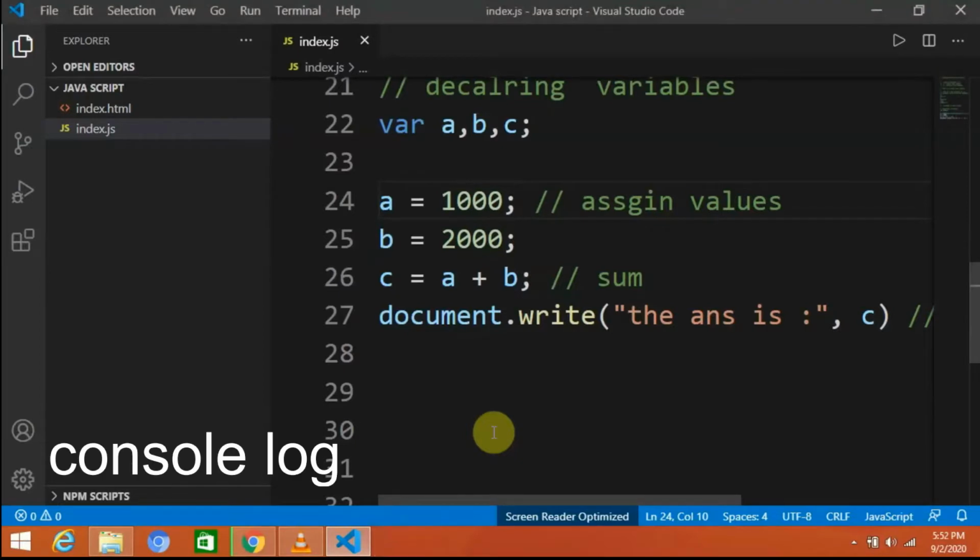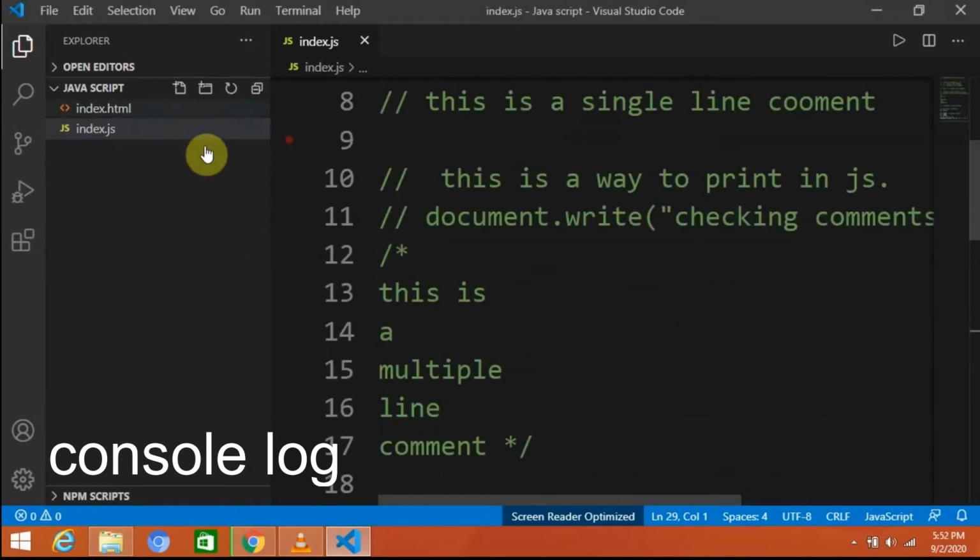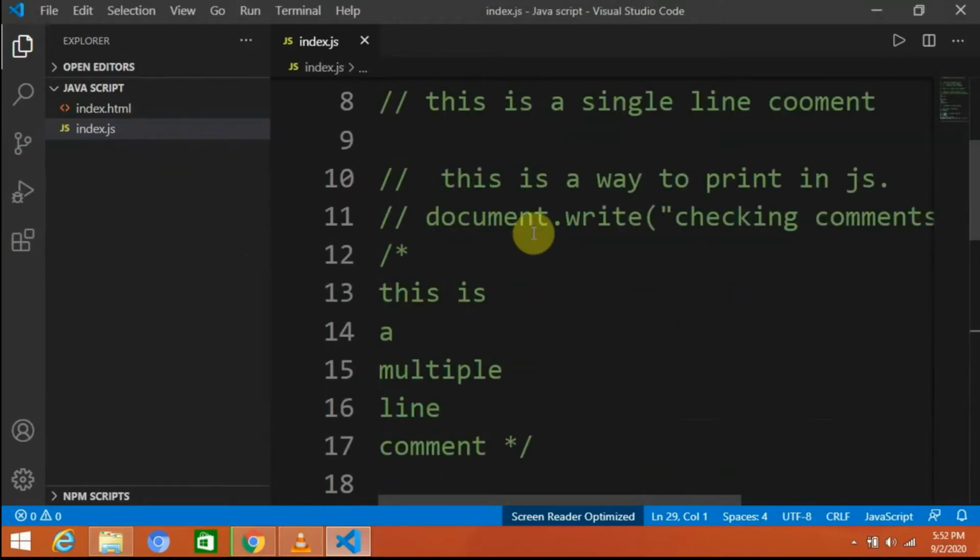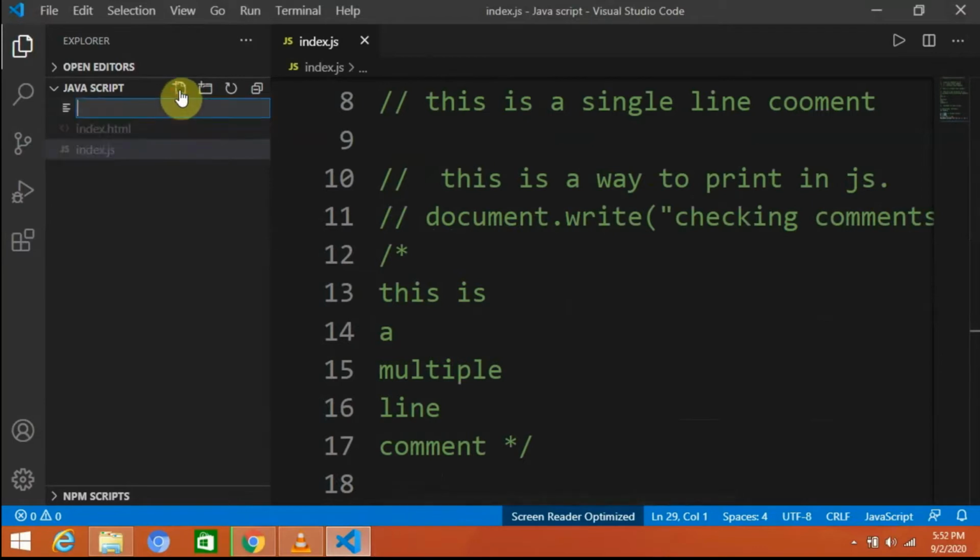Now we are going to learn the concept of console in JavaScript. So what I'm going to do, I will make a new file here. You can use the same file, but I do not want to confuse you, so I will make a new file here and name it